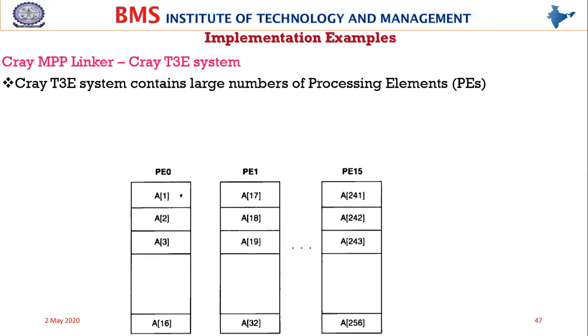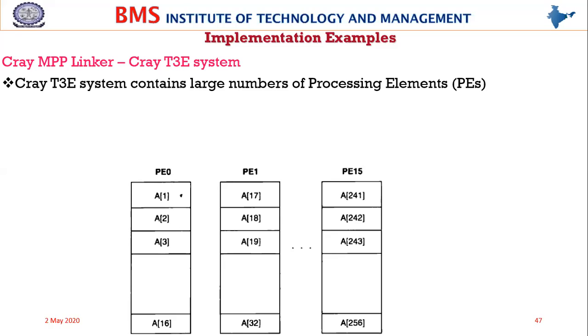Yeah, Cray MPP is a very small type of linker. We can see this, and remember the Cray T3E system uses this Cray MPP linker, right? Whatever we call Cray T3E, MS-DOS and so on are machine architectures, and the linkers are designed according to those machine architectures. Just like instructions are separately designed for each machine architecture, this is also similar.